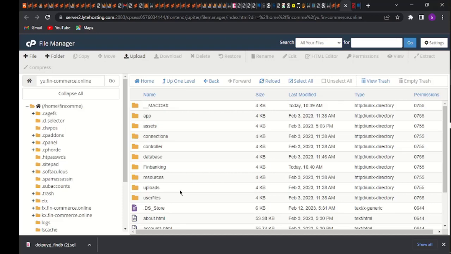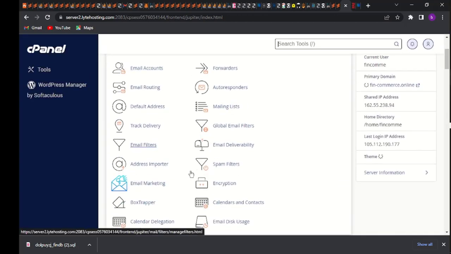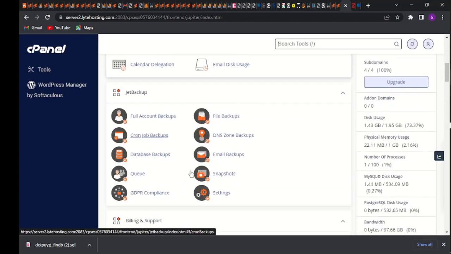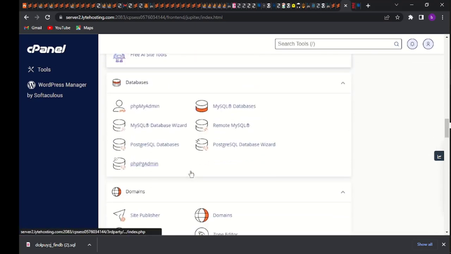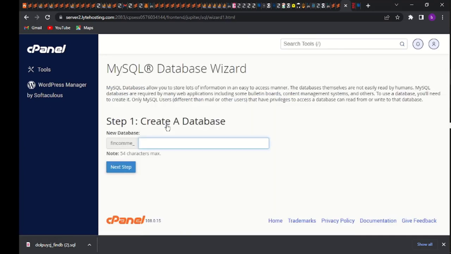So the next thing for us to do now is to create the database. So go to file manager, then we're going to create the database now, right? Using the MySQL database wizard, I'll call this